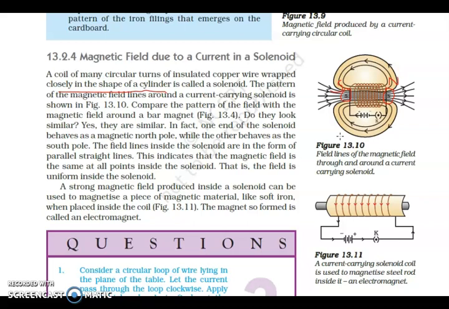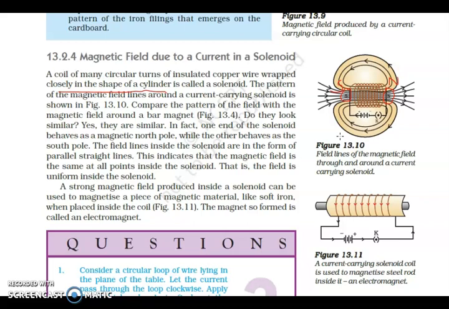So what I was saying is that when you will wrap your fingers around a solenoid in such a way that your fingers are along the direction of current, मतलब जिस डायरेक्शन में करंट जा रहा है उसके along हमने उसको रैप करना है, उसको ऐसे हाथ में पकड़ लेना है रैप करने के बाद. Then after that, the direction in which our thumb is pointing, that will give us the direction for North Pole.